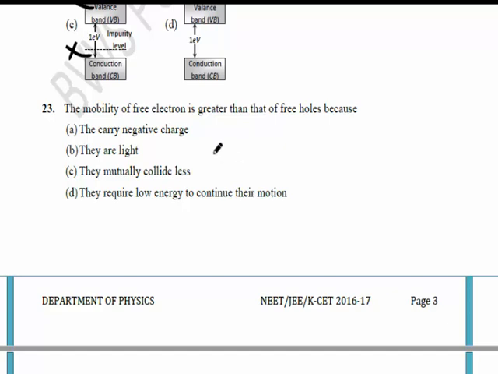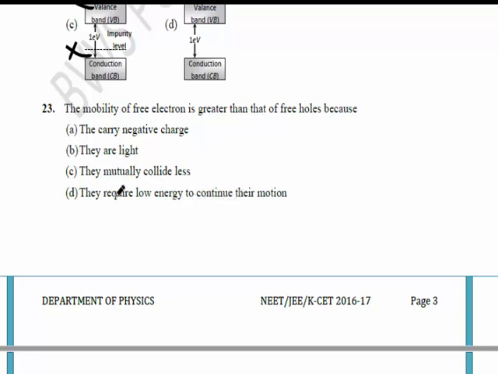See here, the mobility of free electrons is greater than that of holes because they carry negative charge. It is not a proper reason. They are light, not a proper reason. They mutually collide less, that is not it. They require low energy to continue their motion. See here, mobility of free electrons is greater than that of holes means holes require low energy